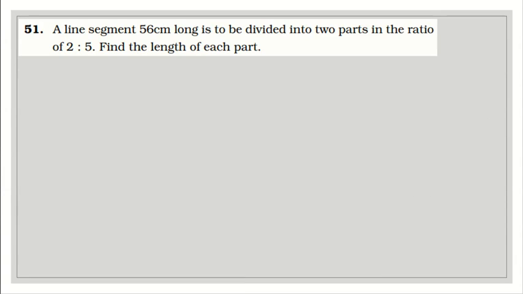Here, question number 51: a line segment 56 centimeter is to be divided into two parts in the ratio 2:5. Find the length of each part. So, when it comes to dividing 56 centimeter,